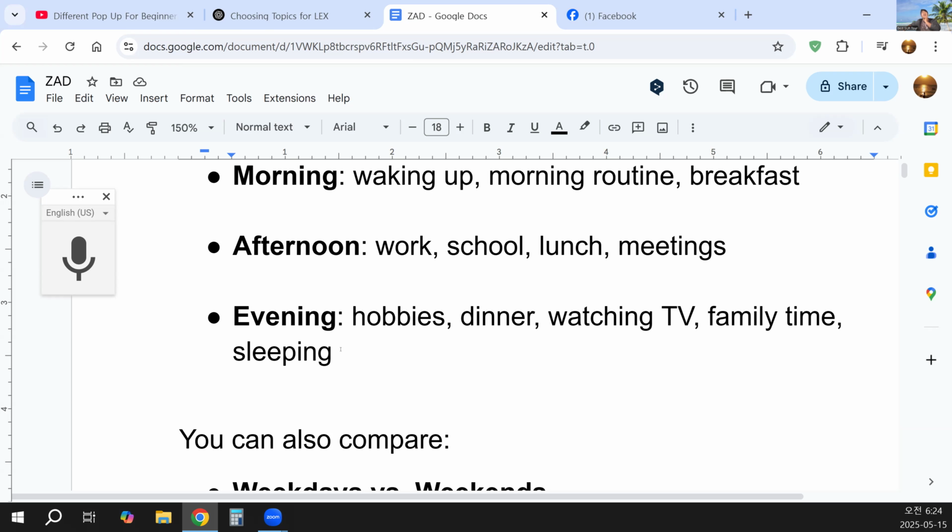Choosing topics is very important when we do spoken-based language exchange, because every time we need topics. If we don't think about what to talk about and why we talk, then we get stuck speaking and communicating with each other. So not good.